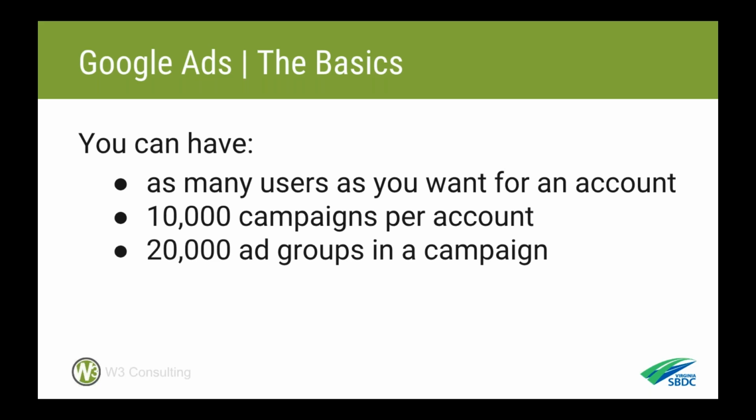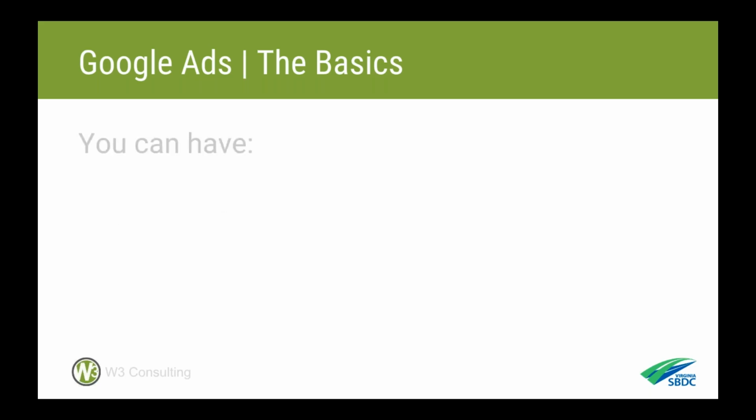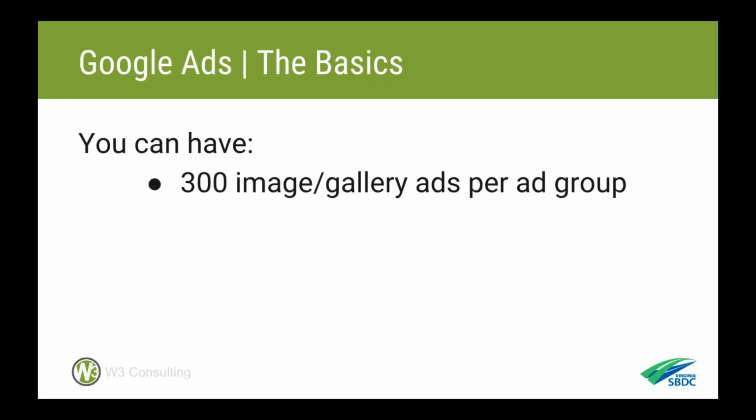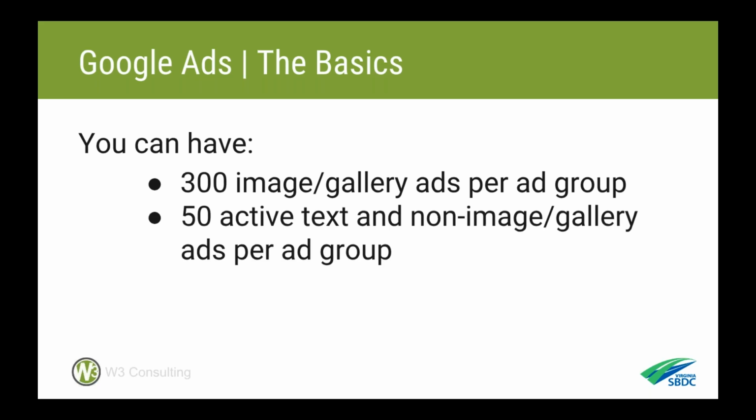You have 20,000 ad groups inside of any specific campaigns. So if you do the math, 20,000 times 10,000, it's a very large number of ad groups that you can have, and that brings us to the number of ads you can have in an ad group. So you can have 300 image or gallery ads inside each ad group. Okay, so 300 in each of the 20,000 that you can have in your account,